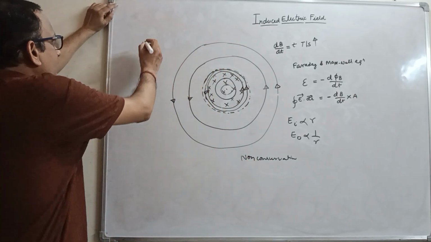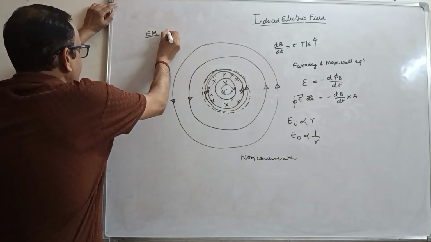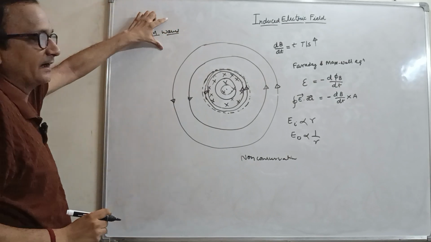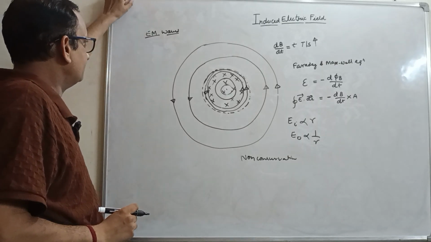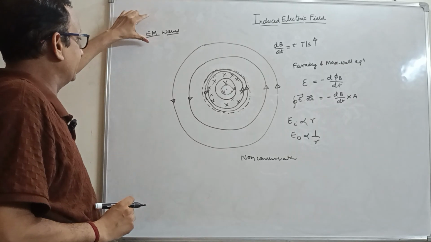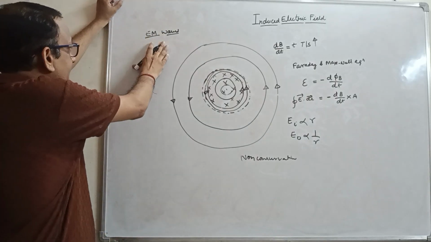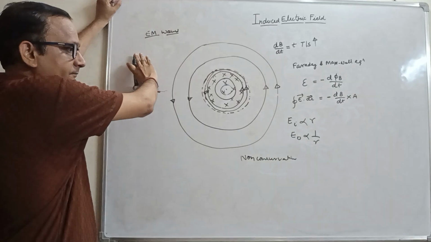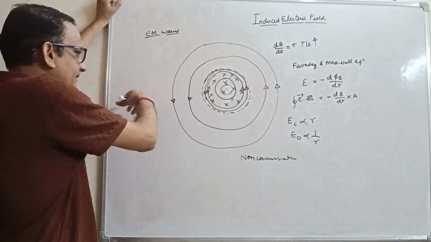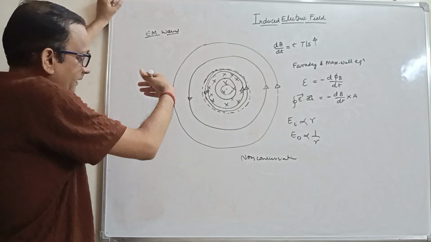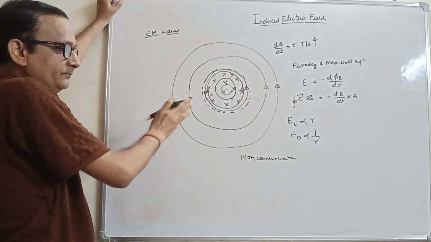So we know electromagnetic waves travel in vacuum. Why? Electromagnetic waves have self-sustaining and alternating electric and magnetic fields. This is because a change in electric field produces a change in magnetic field and vice versa. So electromagnetic waves travel in vacuum with the speed of light.